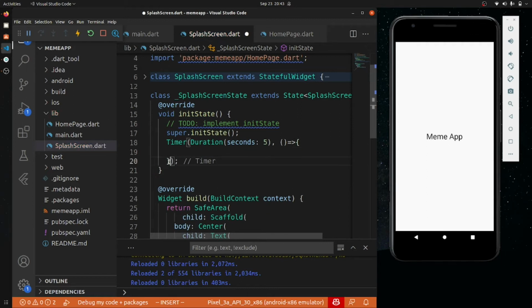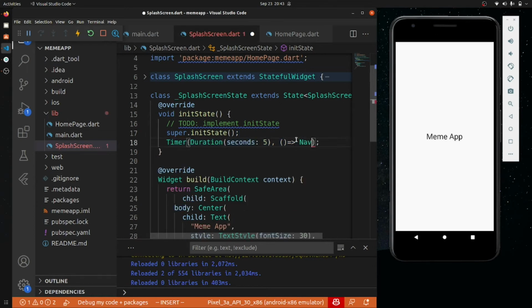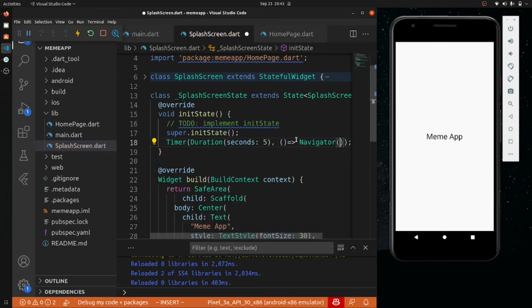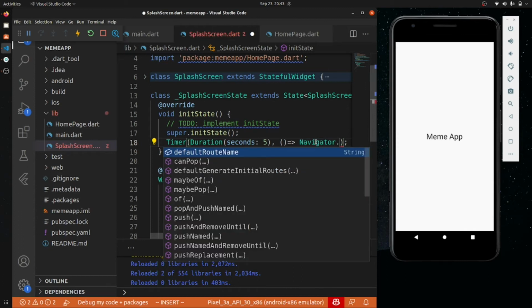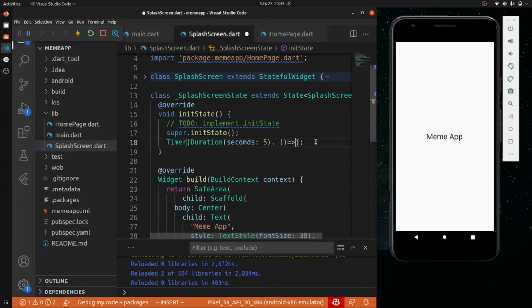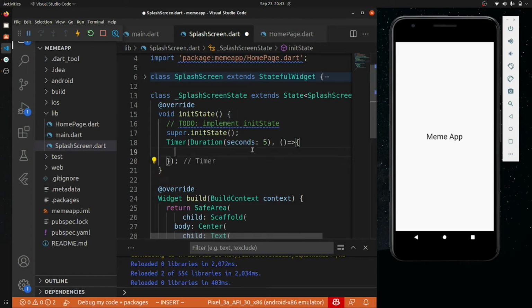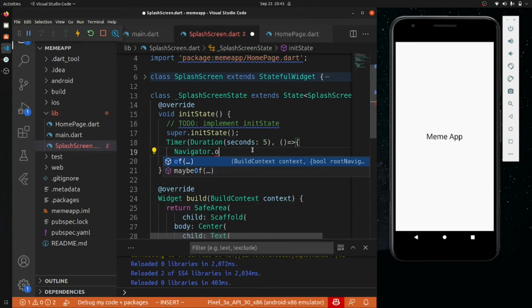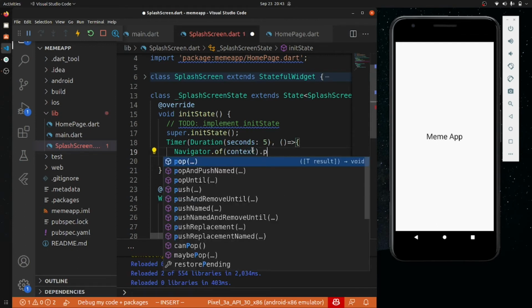I will remove this callback quickly also, and navigator. Okay, the issue was, yeah, I found that. In navigator we have already called the context, and we were calling context inside that push until.